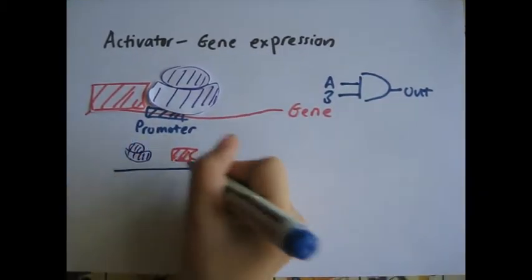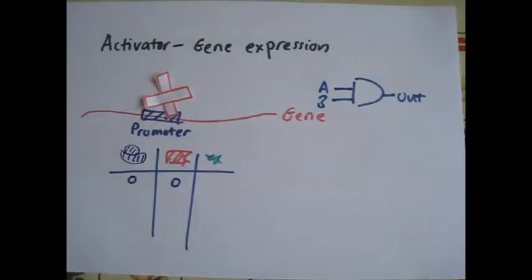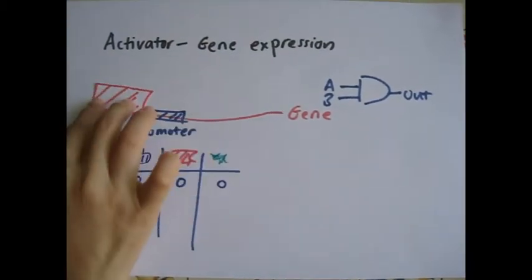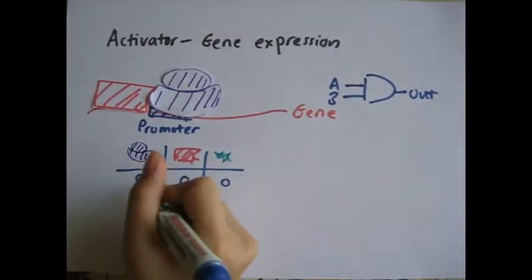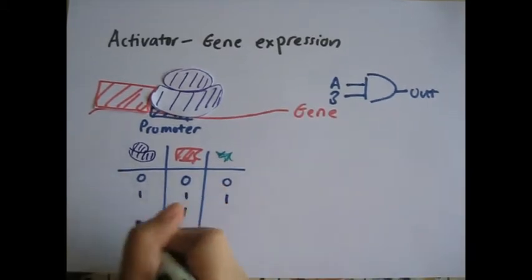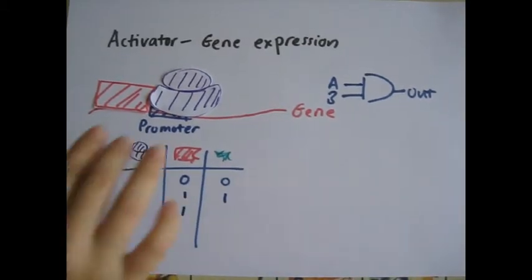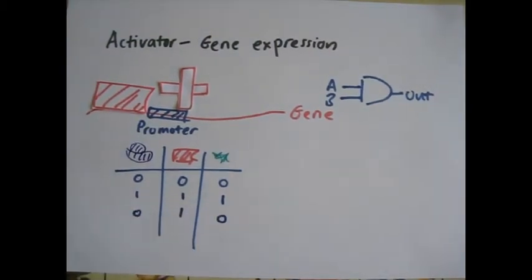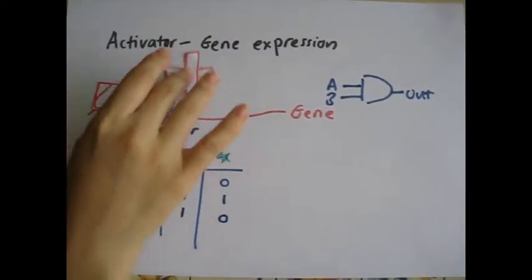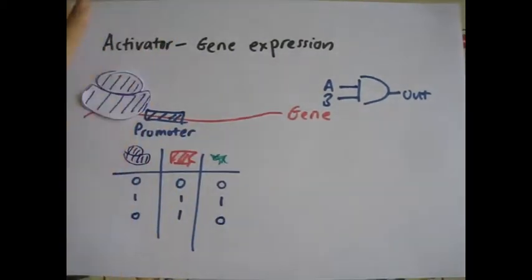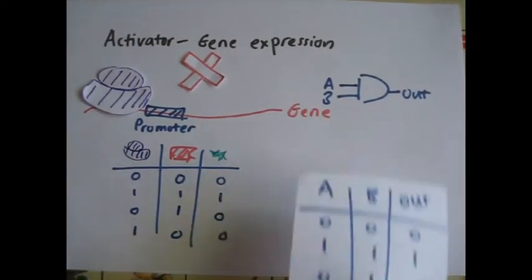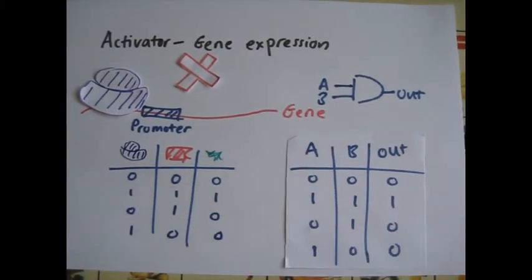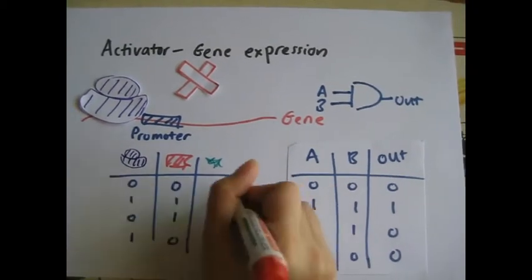Starting with a scenario where nothing is present, this will obviously lead to no protein being transcribed and an output of 0. When both are present, there will be the fluorescent protein expressed and hence the output is 1. However, what happens if the activator is present but the RNA polymerase is not? In this case, no transcription occurs as no RNA can be formed without the RNA polymerase. Transcription likewise will not occur without the activator, as the RNA polymerase will not be able to bind at the correct location. Looking at the truth table constructed, you can now see how this biological system corresponds to that of an AND gate.